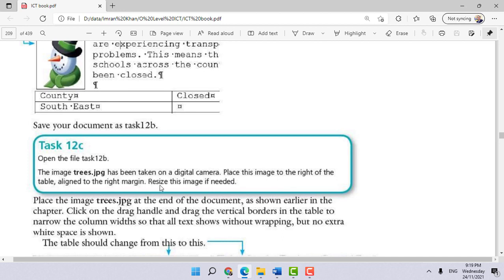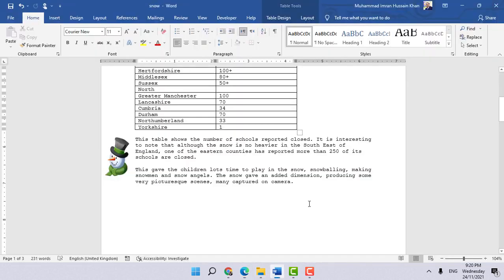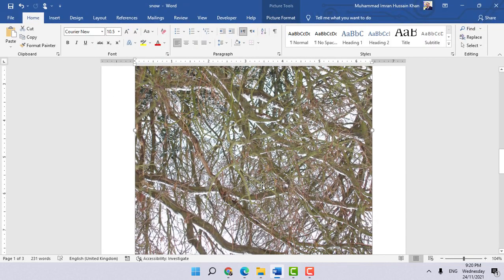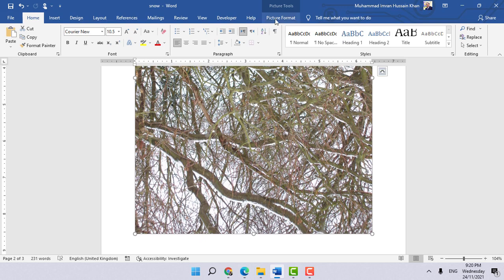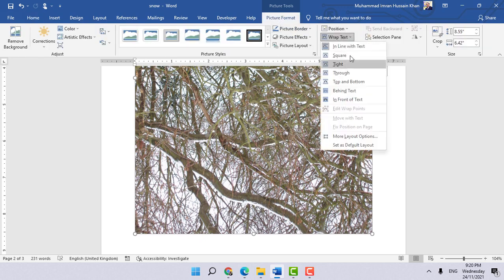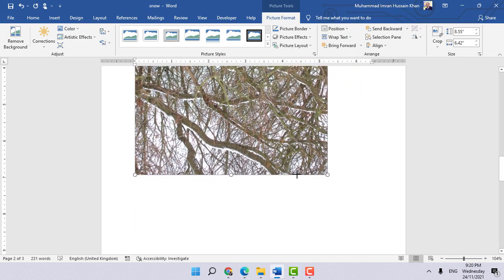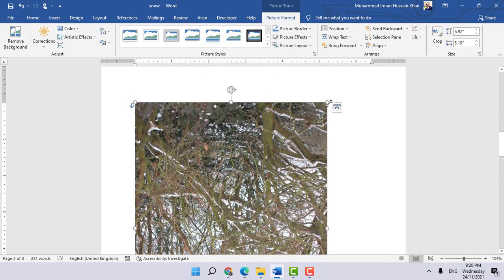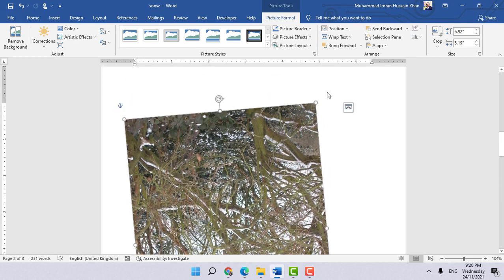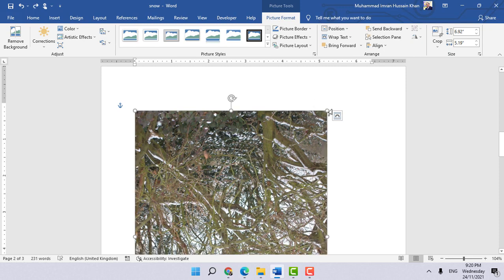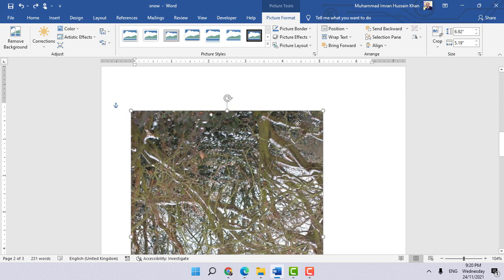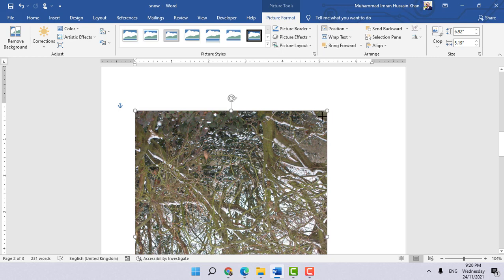In this lesson we just learn how to resize the image, and how again we align this in the right margin of the table. So I am going to the file, and here is the tree.jpg. First of all, I again wrap this into a square and resize this image from the resizing handle at any corner. Okay, this is our rotation handle and this is our resizing handle, and we can move from this handle. So I resize it